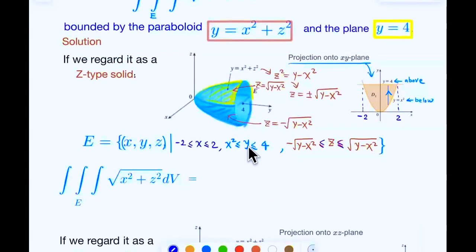Okay, let's write it down. We put the innermost integral first. So the innermost integral will be the integral of this function, and then dz. z goes from negative square root of y minus x squared to positive square root of y minus x squared. So that's the innermost integral. And now we put the rest. So that is a type 1 region. So we're going to integrate with respect to y, right? y goes from